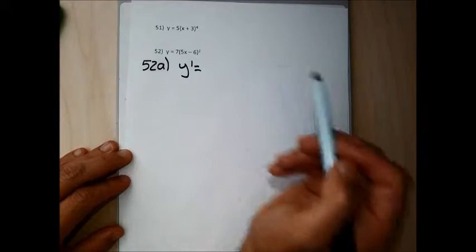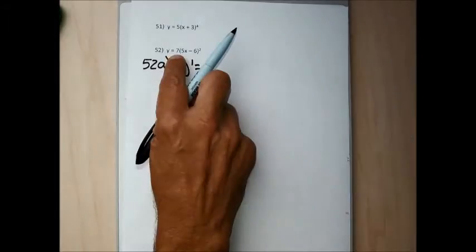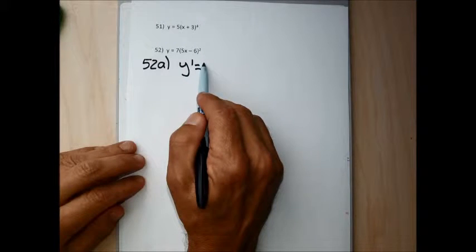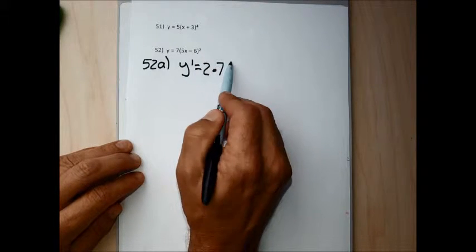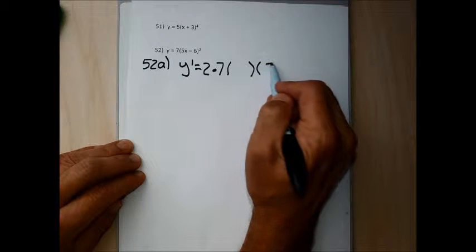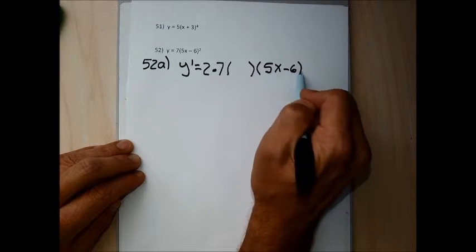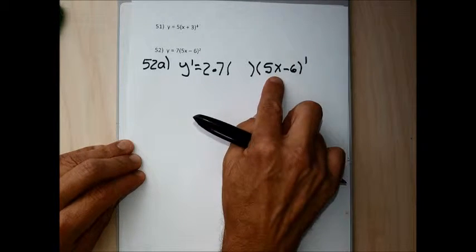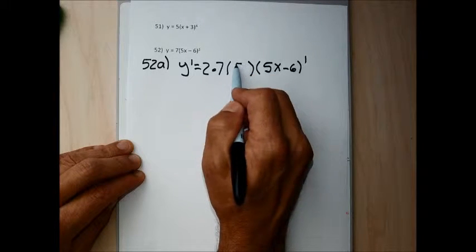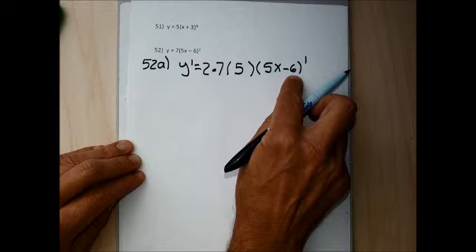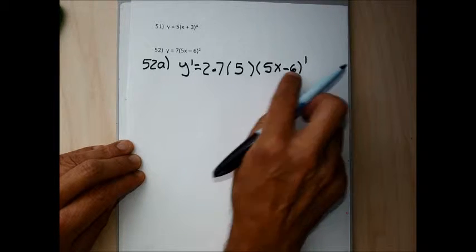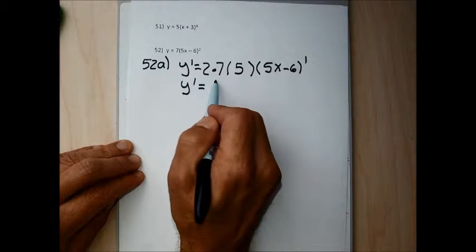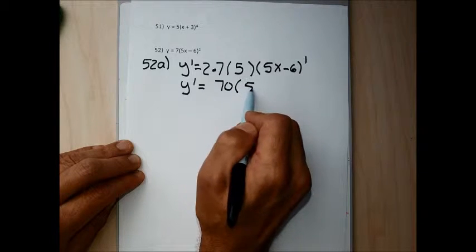I don't need the product rule in 52 like I did in 50 because the 7 doesn't have an x in it. I could simply take the exponent 2, multiply it by the coefficient 7, leave myself some room, lower the exponent from 2 to 1, and where I left myself some room, I write the derivative of each term inside the parentheses. The derivative of 5x, because it's an x to the first power term, is just the coefficient of 5. The derivative of minus 6, because it's a constant without an x, is 0. So the derivative of the inside of the parentheses is just 5. If I multiply this out, 2 times 7 times 5 is 70, and I get 70 times 5x minus 6